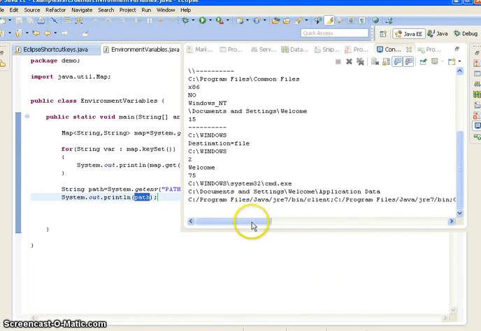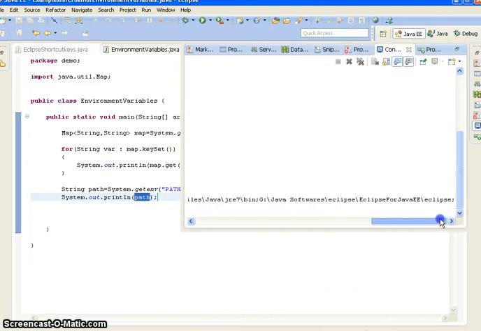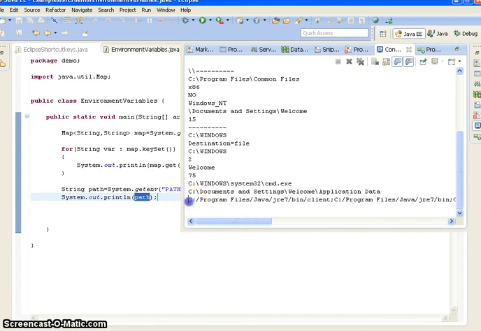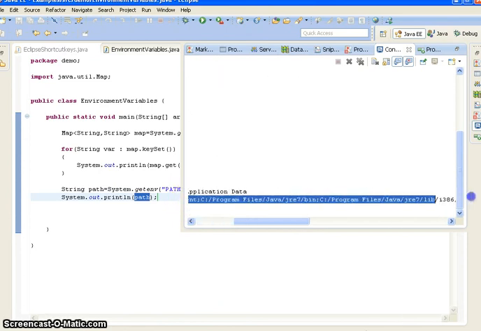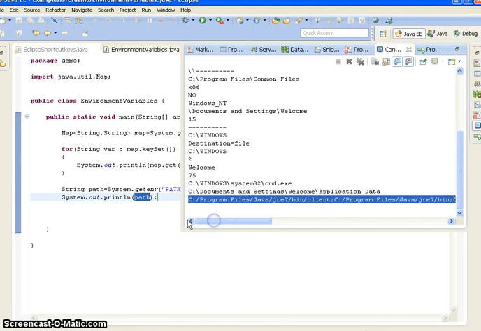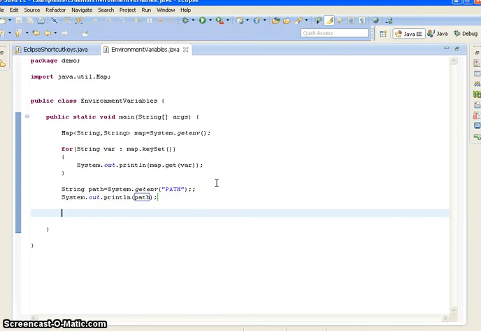See here, here is the path specific to the environment variable path. Here is the path that is defined for the environment variable path. This is how we can get the path for our environment-specific variables.